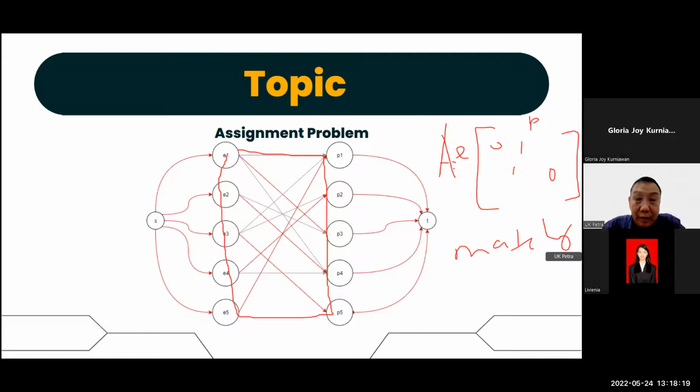Now in that case, can you make, say, a Python program? Because your goal is to automate, right? Can you make a Python program given this matrix as an input? And then what is the output?